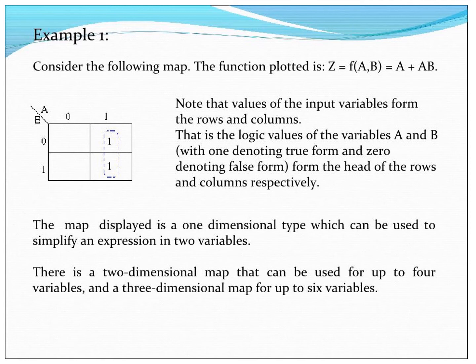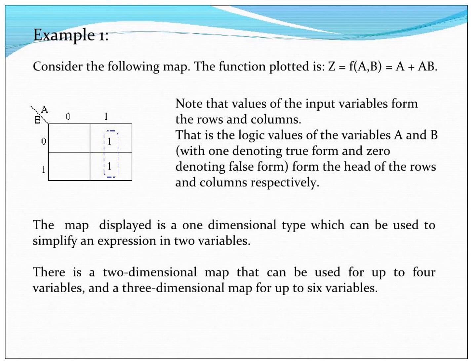For example, in this group, B gets eliminated as it changes form in going from the top one to the bottom one. When we move to the adjacent cell, top and bottom, the variable that is changing form is B. It goes from uncomplemented to complement form. So therefore, the variable B is eliminated, and we have only y is equal to A as the solution for this K-map.